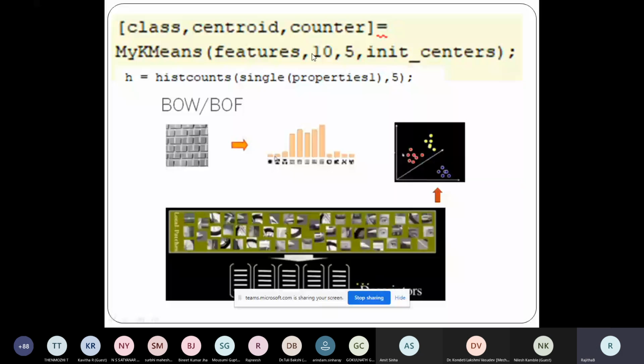That means I'm taking only 10 properties out of that whole feature set. So I've grouped them and taken the frequency of each property like this, right? Then I'll get only a one-dimensional array comprising this whole image.